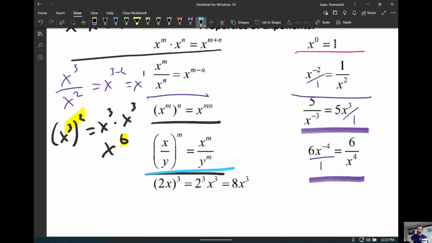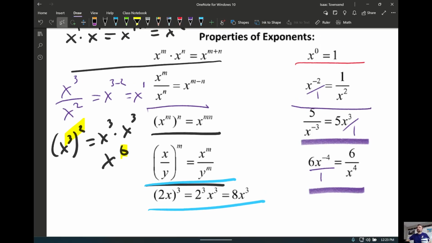And then this one is the same idea, just with numbers. If you raise 2x to the 3rd, then the 2 gets raised to the 3rd and the x gets raised to the 3rd. Now again, some of these we're going to use a lot, some of them we'll just use a little bit, but this will be